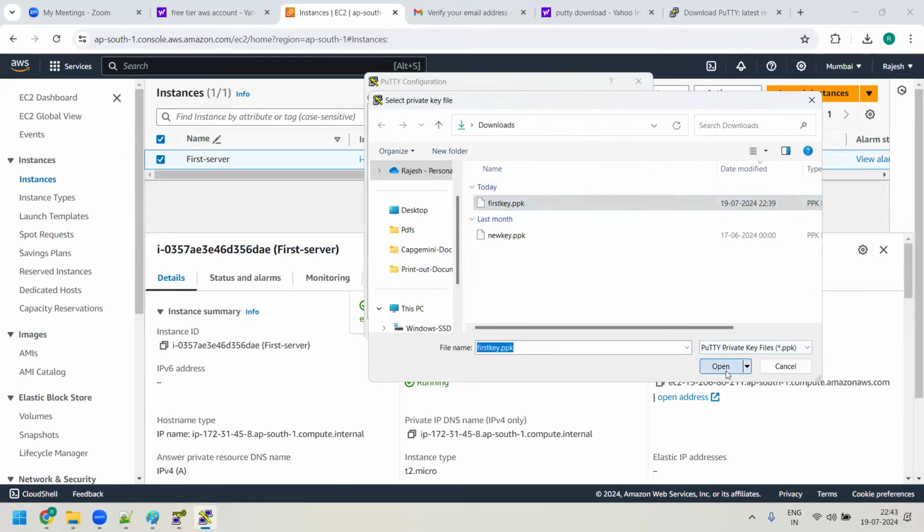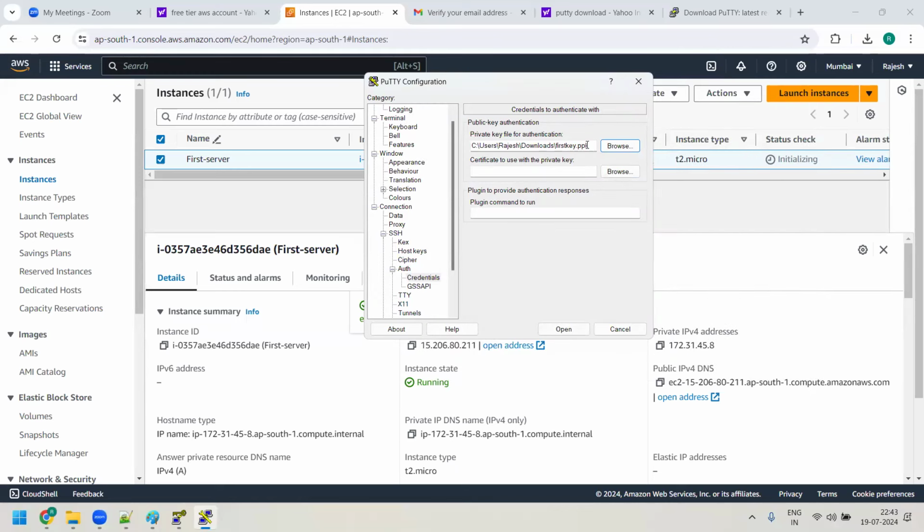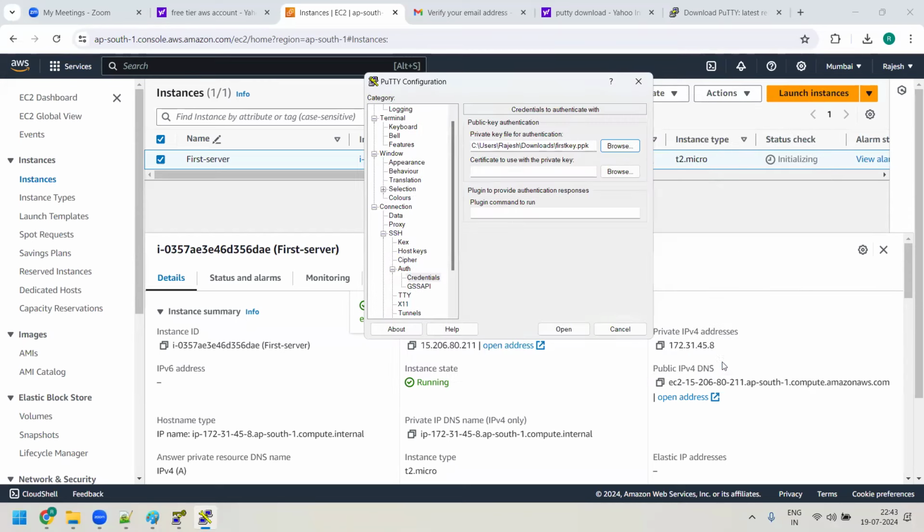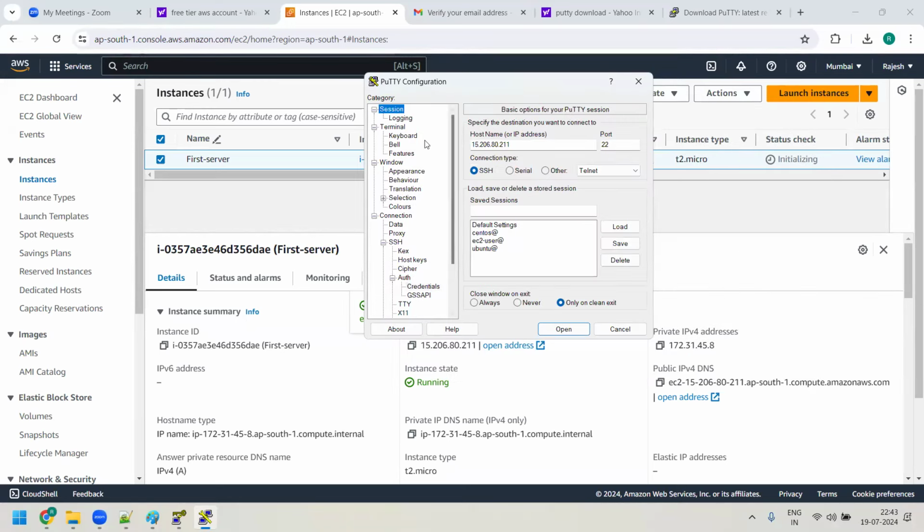You have to select this key file, first key.ppk file. Is it clear? So you have to go to the connection, expand it, under SSH, expand it, under auth, expand it, then you go with the credential, click on this, go here, browse, and select this file. So you have done the setting, go back here to the session, you have given the public IP, now